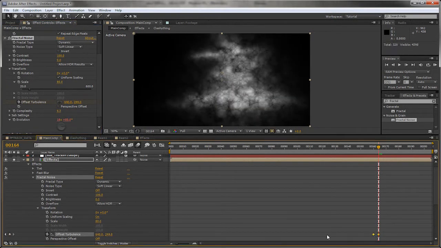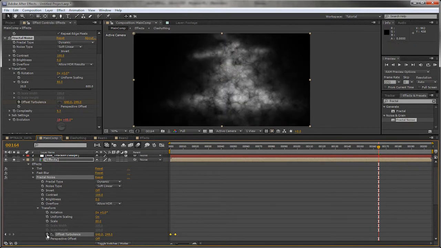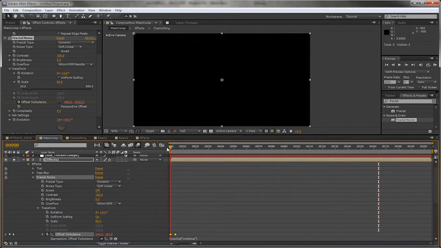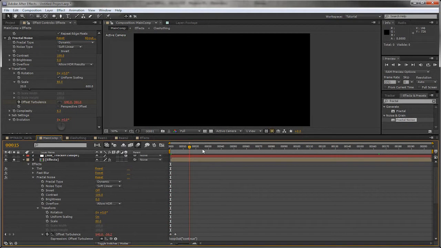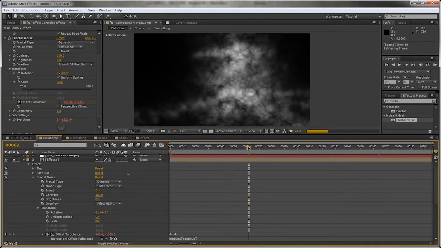And if we highlight this keyframe and drag them to the start, alt-click our offset turbulence and type loop out, open parentheses, quotation mark, continue, quotation mark, close parentheses. What that's doing is it's looking at how much the value is changing between these two keyframes and continuing it for the rest of the comp. So you can see it's still moving,